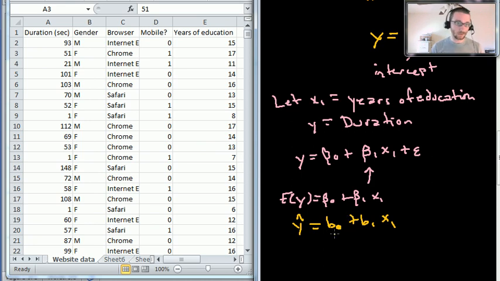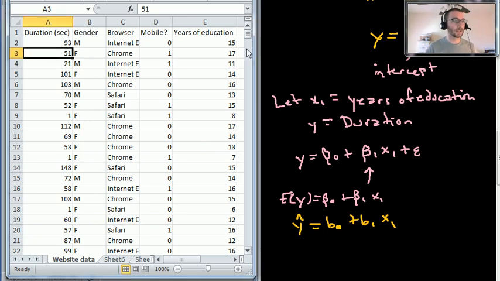We're not looking at a population, so we're using our Roman letters here. So we want to estimate this, right? Now, the way that we do this for linear equations, we could technically do it manually, but it's not super easy. So the way that I'm going to do it is I'm going to go back to our website data,